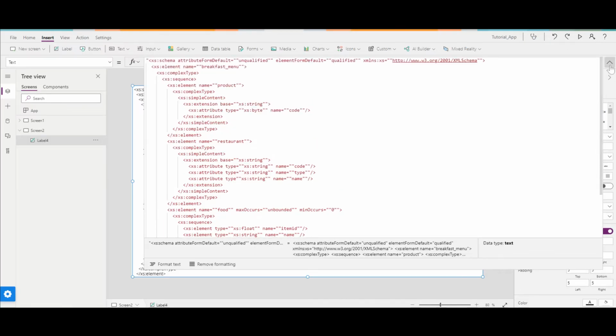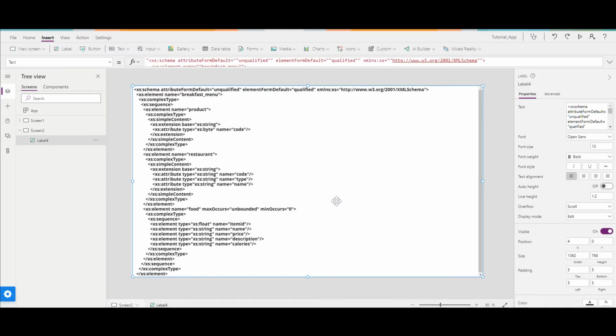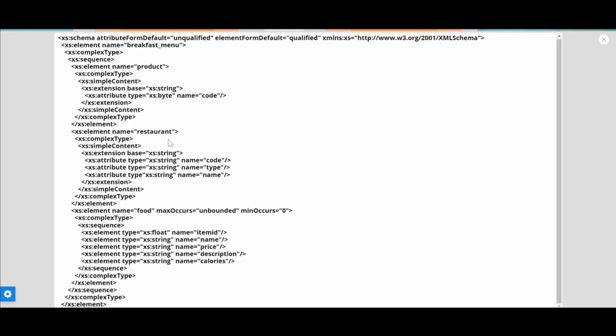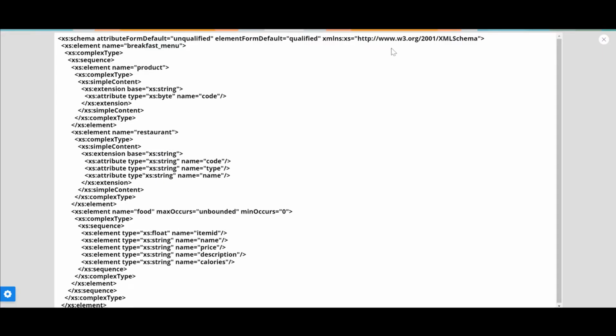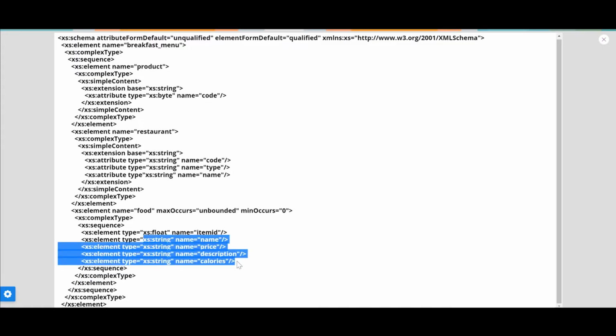Okay, the schema is ready now. I'll just show the schema, how it looks. So this should be hidden to the scroll. And yeah, let's make it bold so that you can read the schema carefully. So this is how the schema is for me, which I just took from a website, W3.org, and then I tried to create the same XML format based on this schema, whatever was given to me. You can see that we have four strings actually, which are name, price,